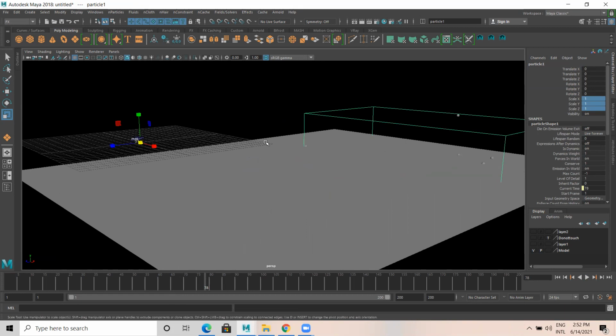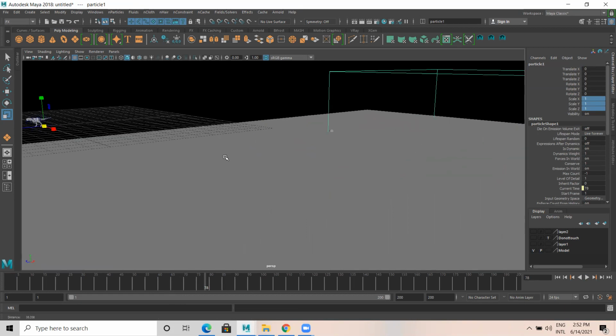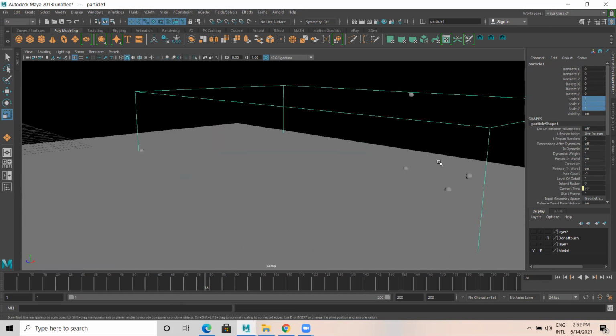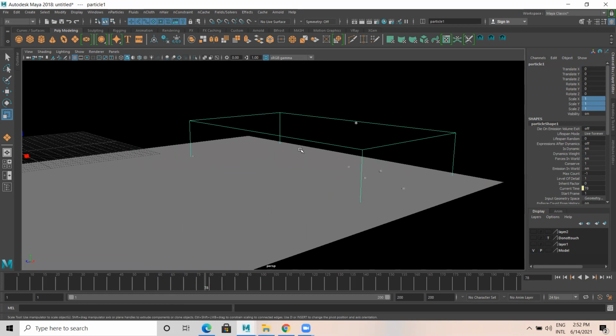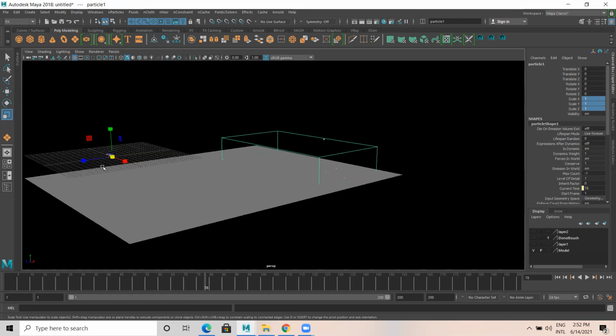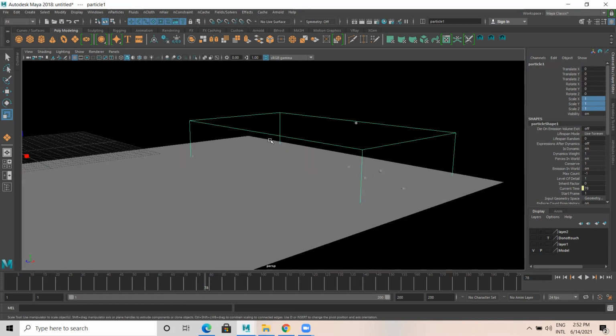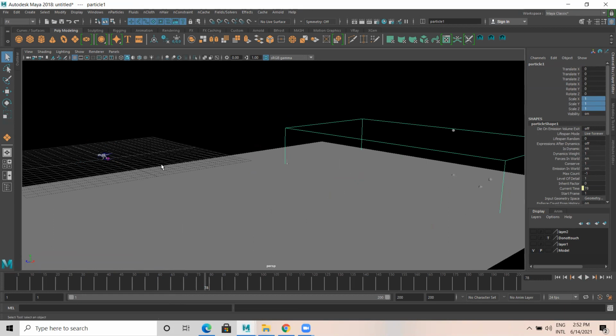So later what I'll do, wherever particle is there, this is the main point here. Wherever particle is there, in this place I want this dinosaur to come. Let's say if 100 particles are emitting, instead of this particle, I want my custom element, custom object, to replace that particle. So that's called